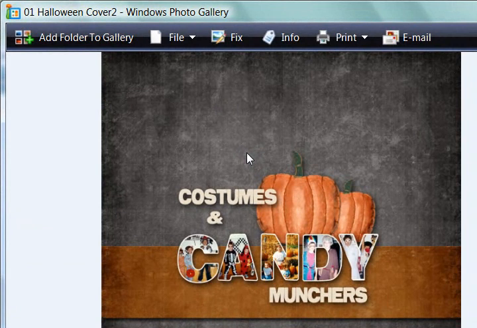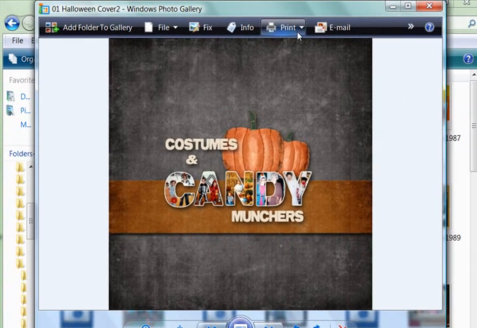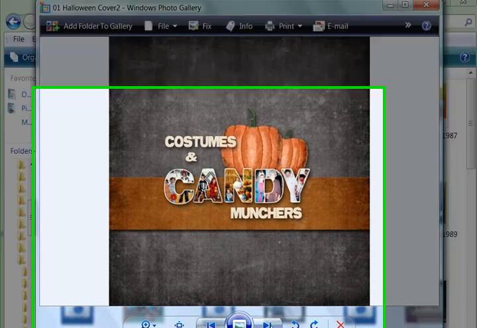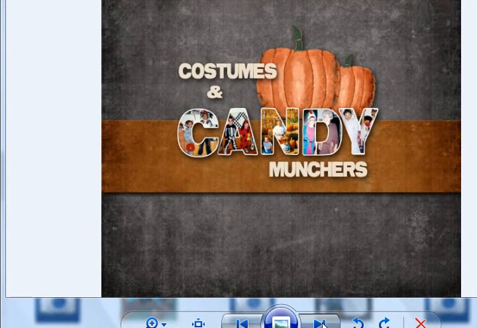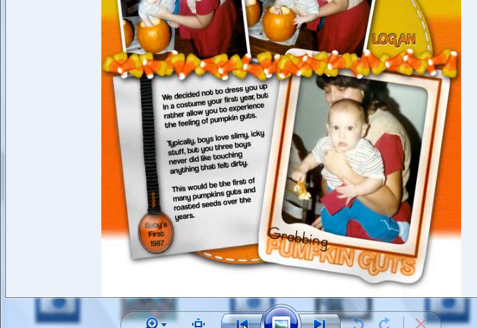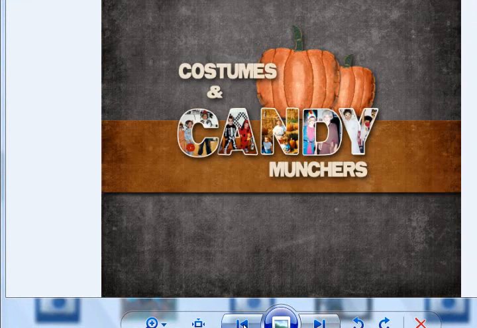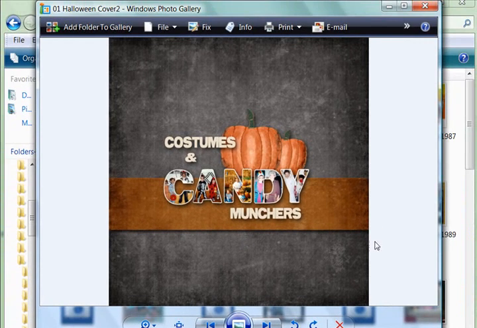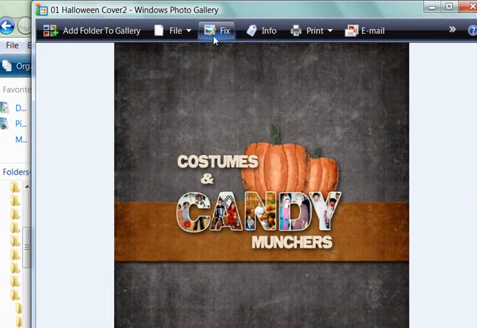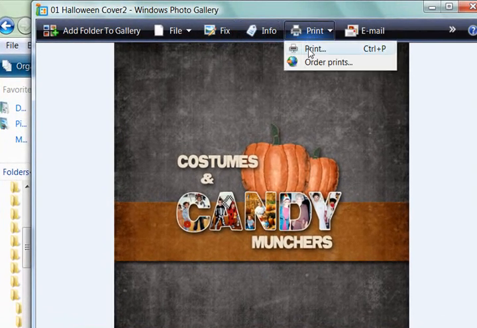Now the printing looks much different than in XP. It is up here at the top. You'll notice these little buttons here are how I scroll to view each of the layouts. These buttons here will turn the photos, if I have photos I want to turn, and here's zooming. So everything is still here, just as in the Windows Picture and Fax Viewer, just in different places. So I'm going to press Print,